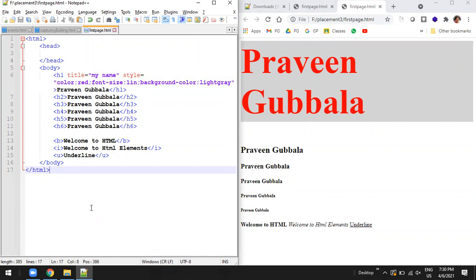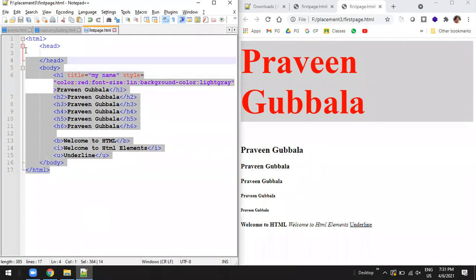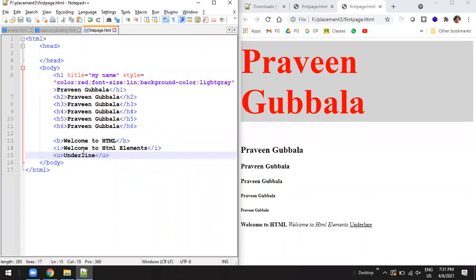H1 to H6 are 6, bold 7, I 8, underline 9, HTML 10, head 11, body 12. They are also elements. Are you getting me? They are also called elements. Clear? Yeah. Okay, next.